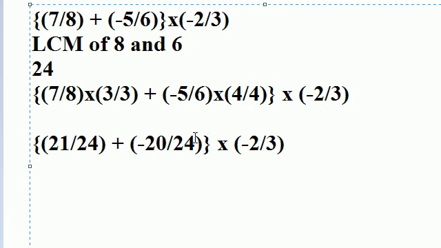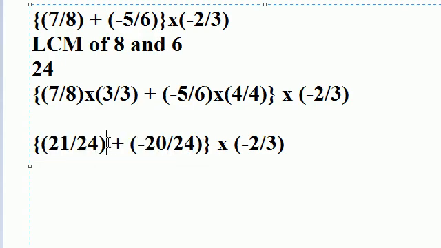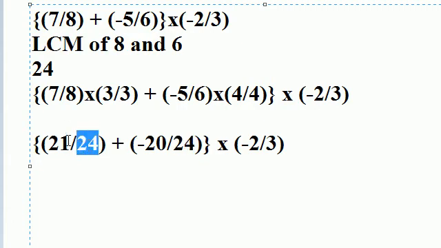So what will be our next step? Now we see that within the curly bracket we are left with an expression where two fractions are being added. We have to add 21 by 24 plus minus 20 by 24. We have already made the denominator the same, both are 24, so we can directly do the operation on the numerators. So please observe how I am writing the next step. I am putting on the curly brackets. I am writing